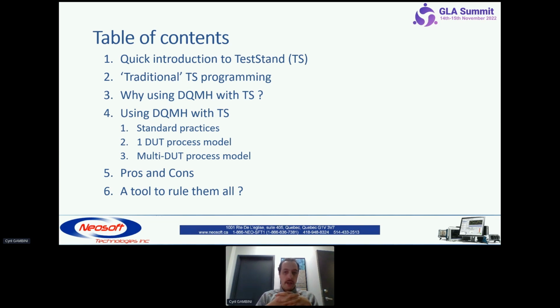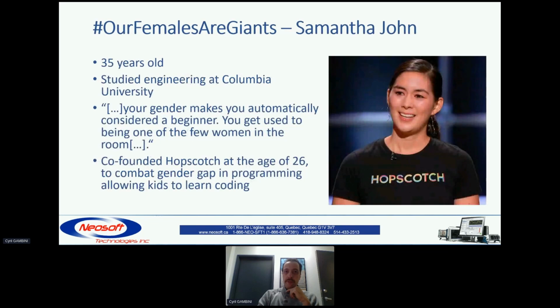And at the end, I will do a quick presentation of a tool that we wrote internally at Neosoft Technologies to try to fix all the pain points that we will describe here, and see if there are some things that we can do to automate some of the actions to prepare the DQMH module to be used in testing. But first of all,